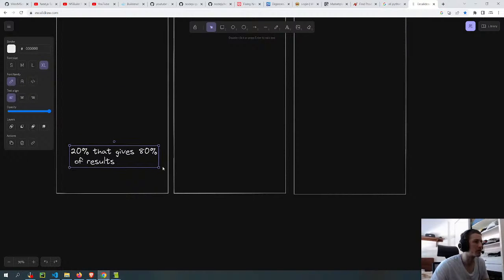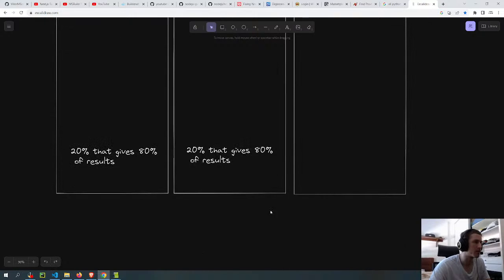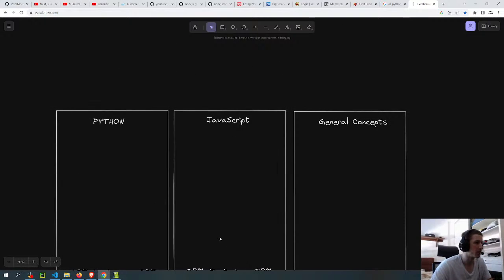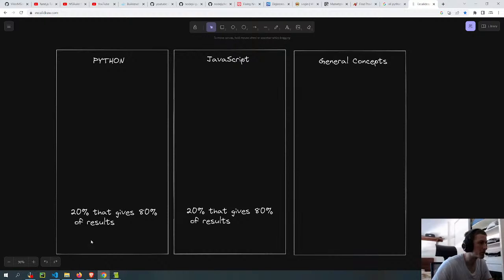I'll increase the size of these things and this one is not necessary. So I'm gonna get all the symbols or most of the symbols that I can think of for each one. Then from these symbols, I'm gonna put at the bottom here what I think are the 20% that give the most results. Okay, so I'll be right back.